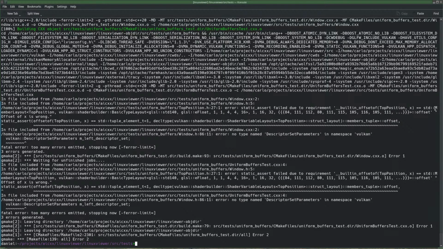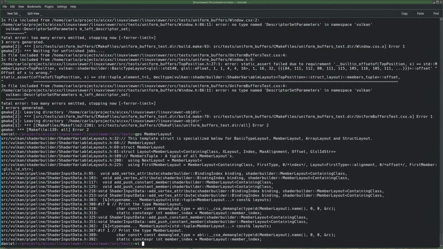That doesn't even exist, if you ask me. Yeah, member layout has 1, 2, 3, 4, 5, 6 template parameters, and the second last is the offset. That is followed by the string, which is this thing here. So the offset is probably 32.